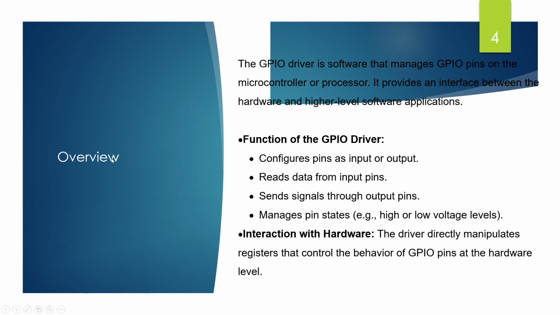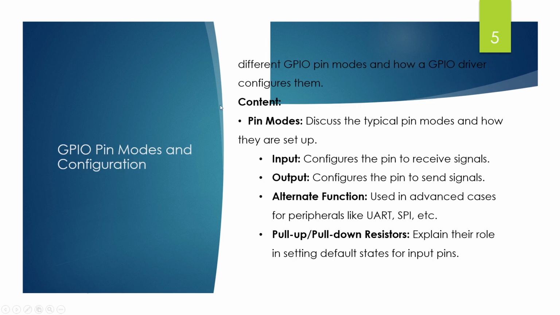Then for this overview, we will go through the GPIO driver registers. So we will see how to configure a pin as input or output, try to read the data from GPIO pins, or send some signal like PWM or some data over UART communication. And yeah, so for the GPIO pin modes and configuration, we will go through all these modes